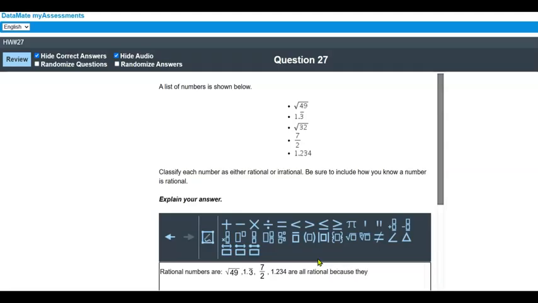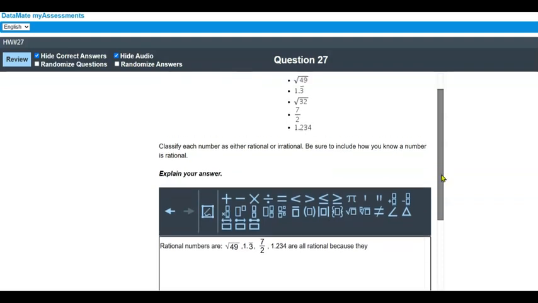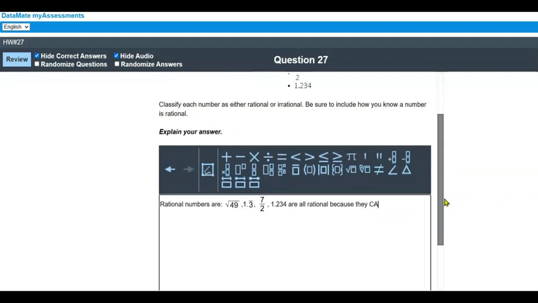you have two options here. You can either say the textbook definition, which is they can be written as the ratio of two integers. That's it. So if these guys are rational, then that makes these numbers